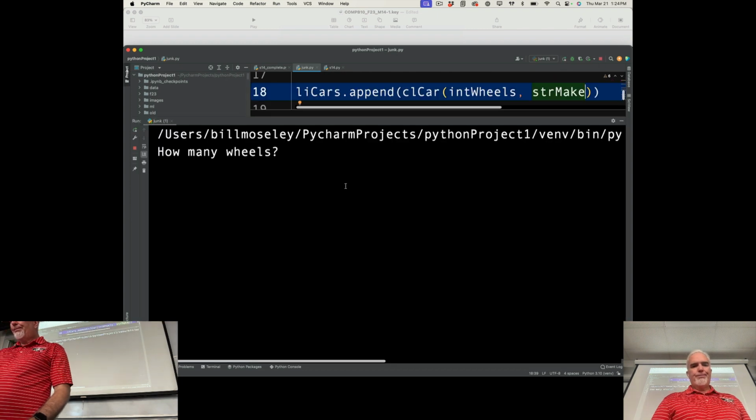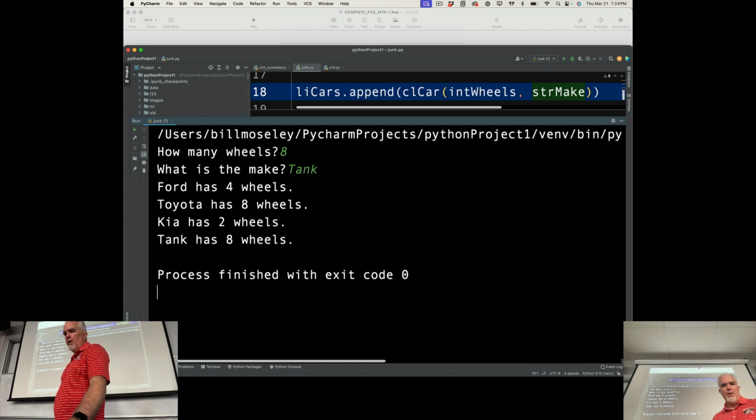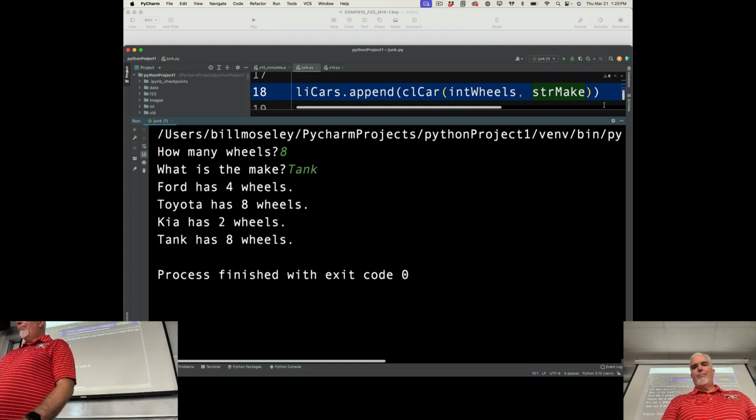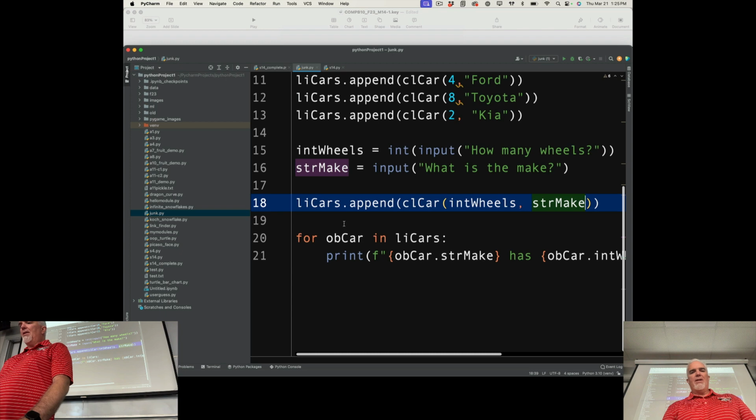So let's run this code. How many wheels? 8. And I'll call it a tank. Okay, so now I'm interacting with that list by adding an object, and it's just as easy to remove an object